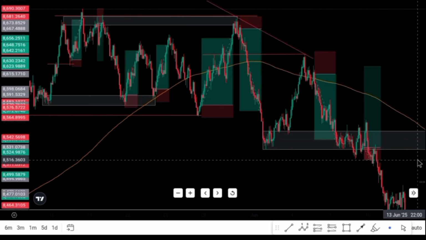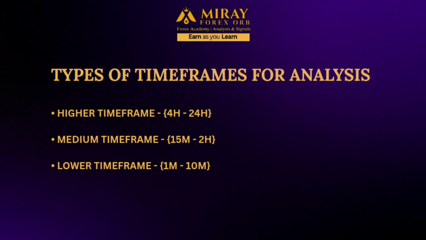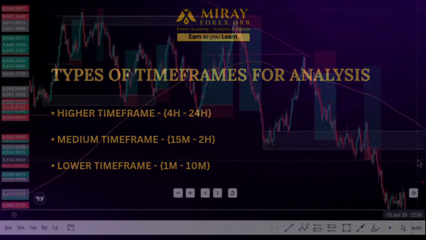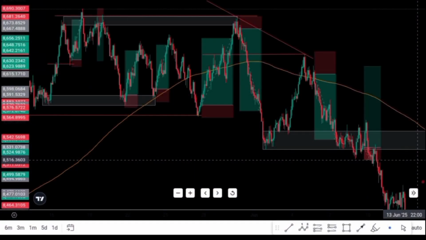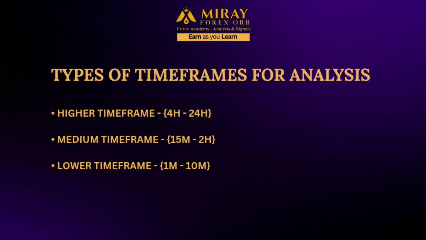Okay, family, so let's go on to the next, which is time frame guidance for multiple time frame analysis. All right, so to analyze properly, you need to look at multiple time frames. So I've just been showing you guys example of uptrend and downtrend and how it moves on a particular time frame, which is just an example. So I'm going to break down time frame into 3 sessions. We have the first, which is the higher time frame. We have the second, which is the medium time frame, and we have the third, which is the lower time